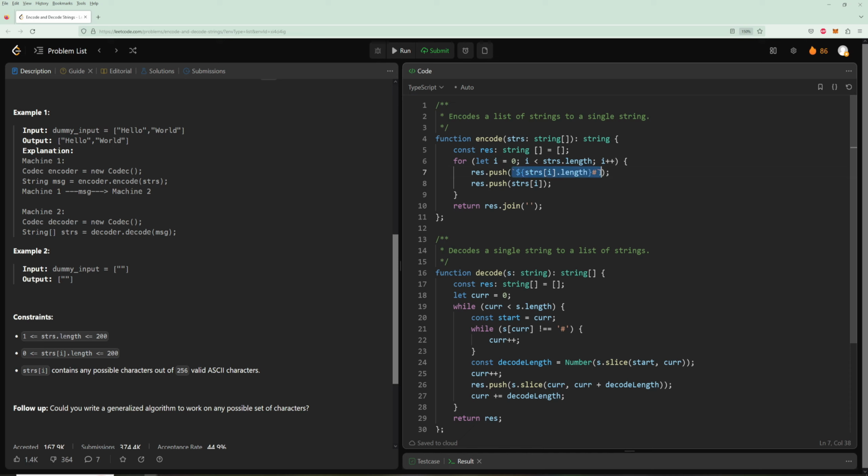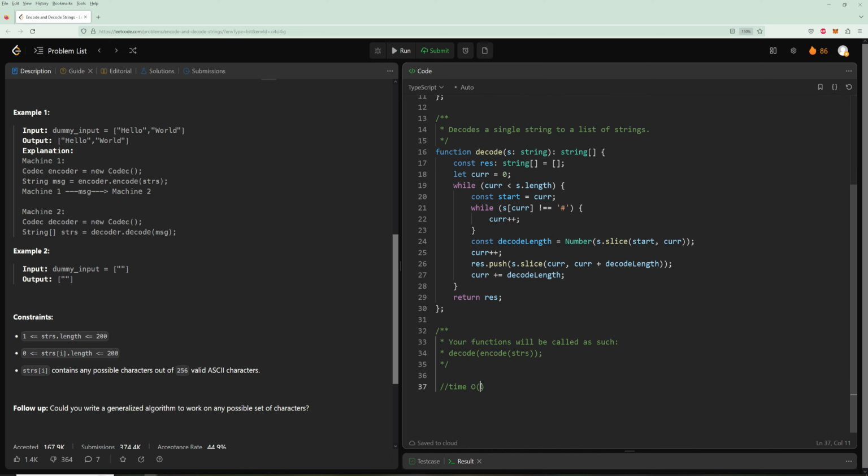Now we are pushing the string. So we're traversing the string, we're pushing it, and we're joining it. So this is O of like the length of the string essentially. And then for the decode,